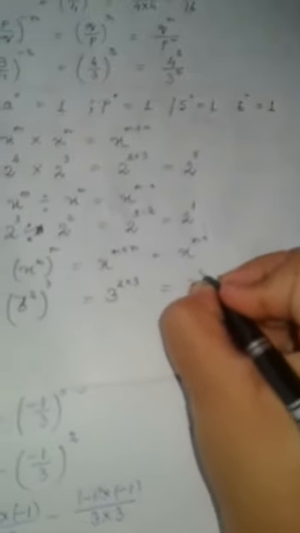Then the next one: (x raised to the power m) within brackets, then outside the bracket raised to the power n. What we have to do is multiply m into n. So the base will be x, then m into n, so our answer will be x raised to the power mn. Let us take an example. I have written 3 raised to the power 2 within brackets, again raised to the power 3. So the base is 3 and 2 into 3, 2 threes are 6.